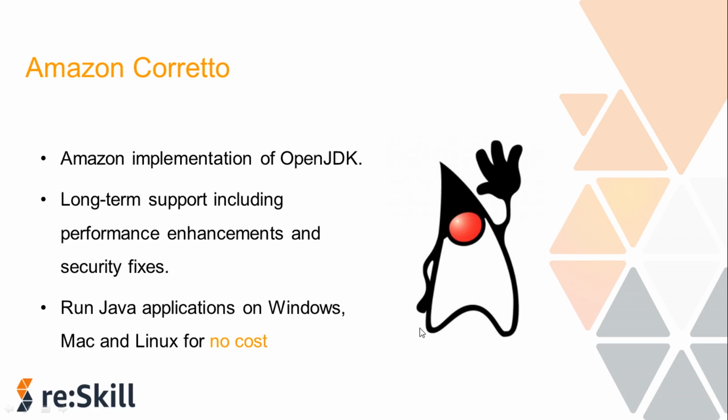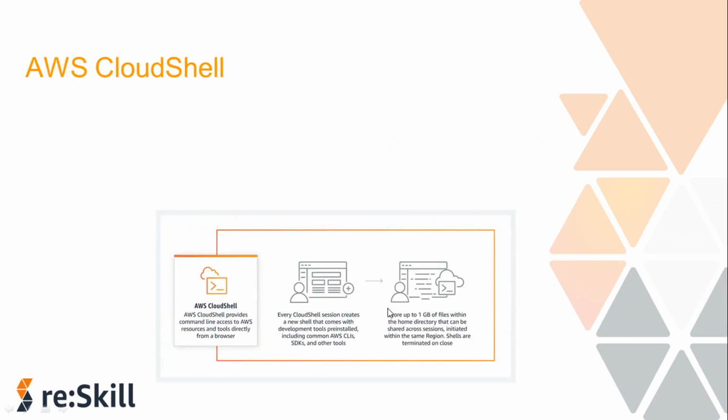This becomes a two-pronged effort: to create the actual app itself and then to figure out how to update and maintain the application. So Amazon Corretto lets you run the same environment in the cloud, on premises, and even on your local machine. Just remember, it has no cost and it will be used for the easy management of your Java applications. The next tool is AWS CloudShell.